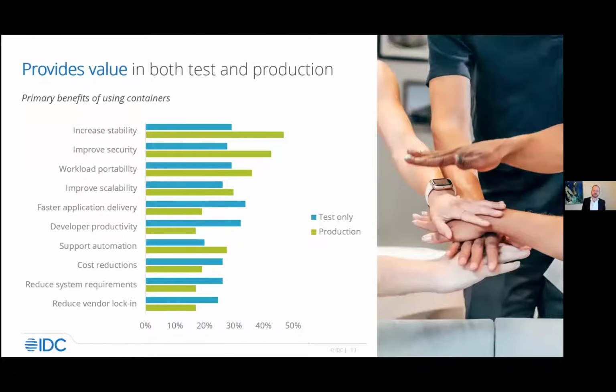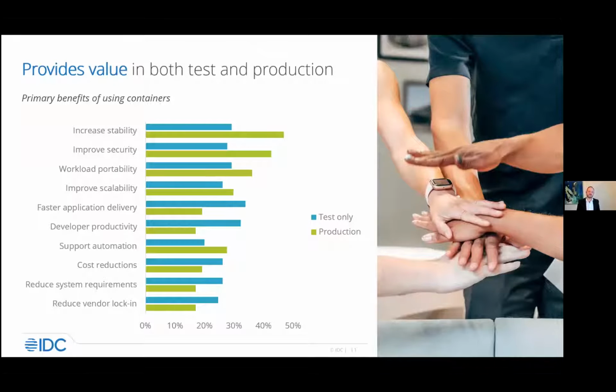What we see also is that these are split by the respondents that use it only in production and those that use it in test only. It doesn't mean that those that use it in production don't also use it to some extent in test, at least I assume so. So it's not about respondents with production responsibility or test responsibility. It's across the types of respondents in the survey.